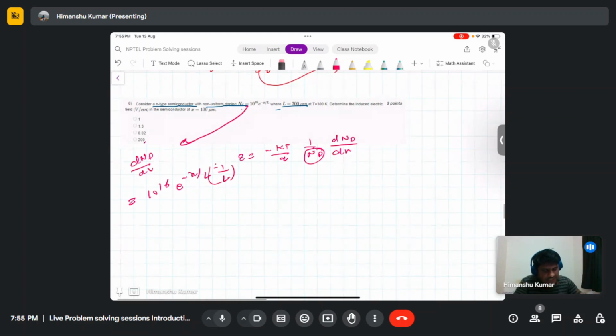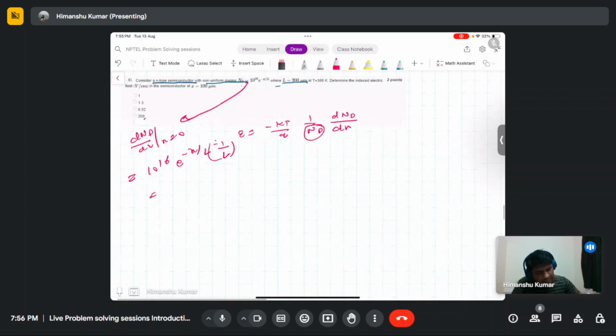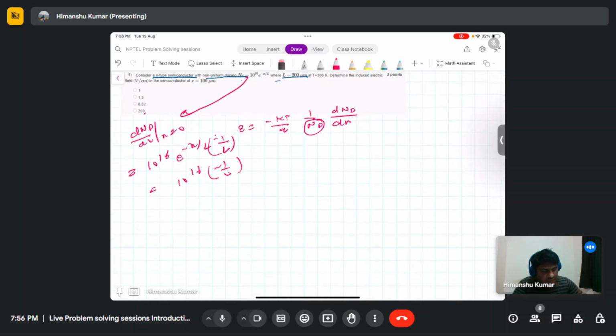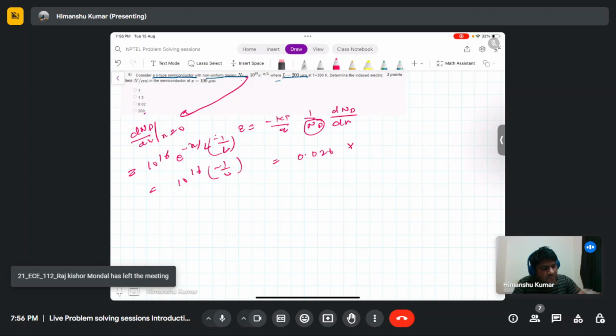If we put x equals 0, the exponential term goes to 1, and it becomes 10 power 16 times minus 1 by L. Since Nd is 10 power 16, we can bring it down to the bottom, and this becomes 0.026 electron volt times 1 by L,